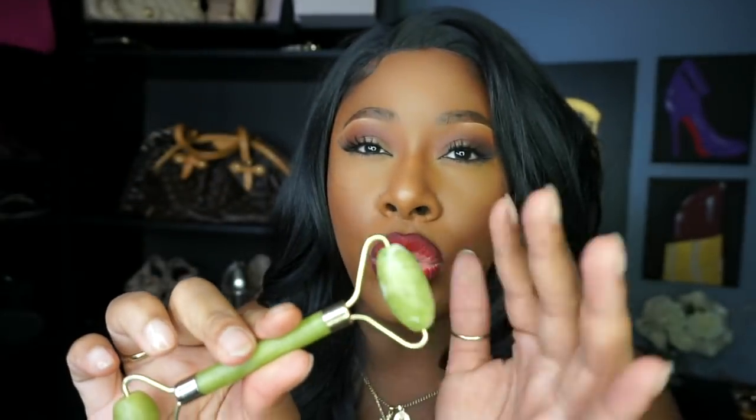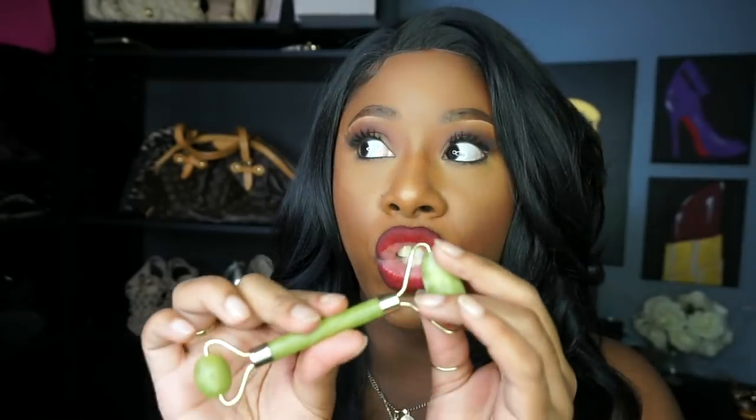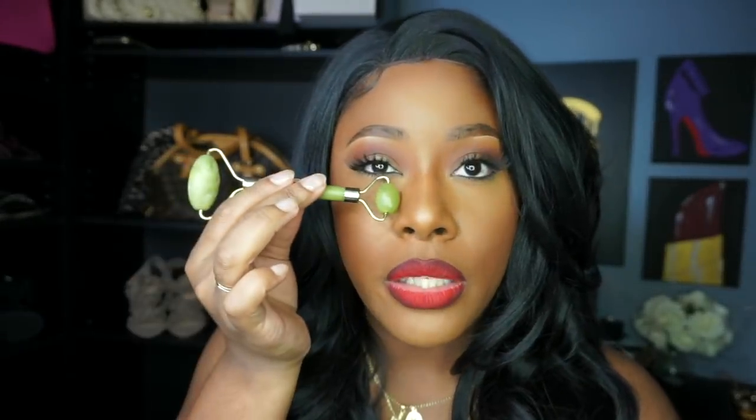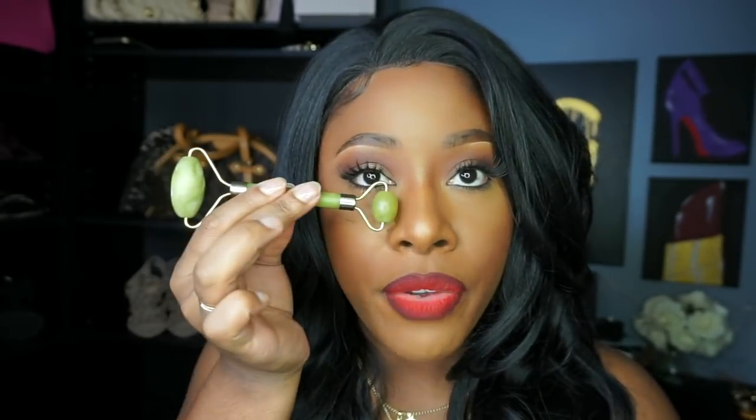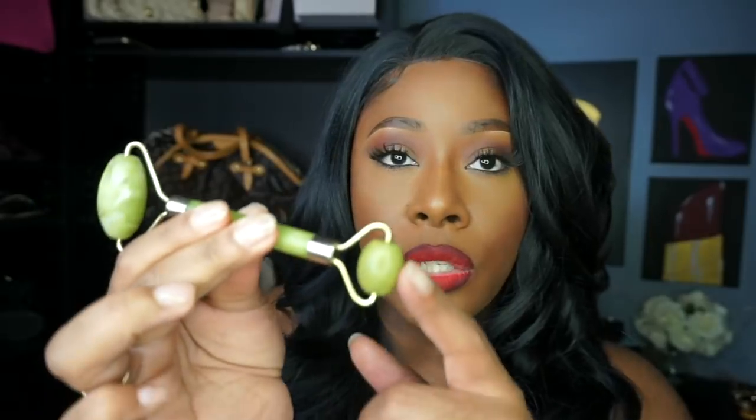Now it does depuff and combats the swelling under the eyes, and since it's jade, it's naturally cooling. It always feels cool to touch because it's actual jade. Now I still keep this in the refrigerator so that it stays cool, because for me sometimes I can have puffiness under the eye, and that's what this little area here is for, because it fits perfectly under the eye area there. And the bigger one is for like your neckline